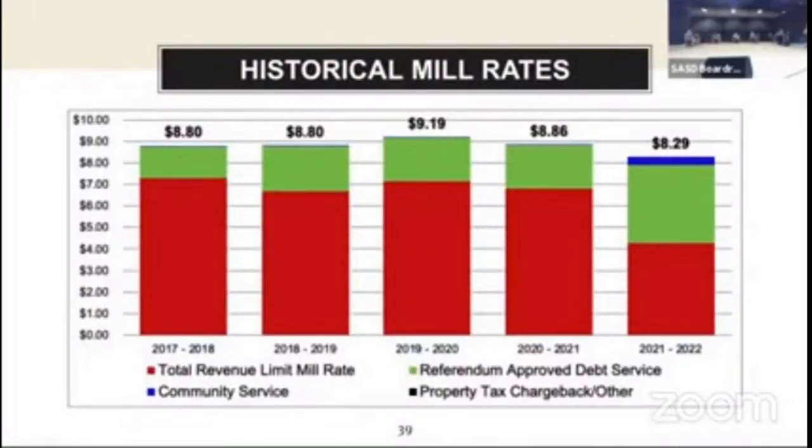Next slide, please. So this is a graphical representation of the previous slide. You can see the column all the way to the right is the $8.29. That dark blue bar at the top is showing your community service levy. So you can see it would increase this year because of WIN. And then the big thing to point out is although we would be levying a lot more for debt service this year, which is the green, it's because our revenue limit levy is so low this year, which is the red. So what this would do is set up a really